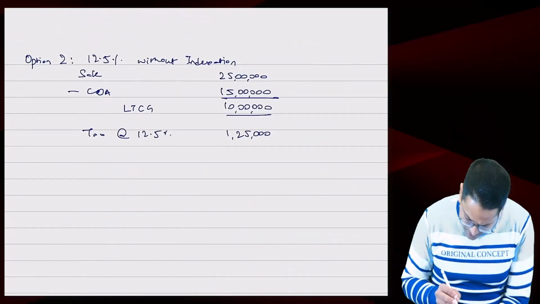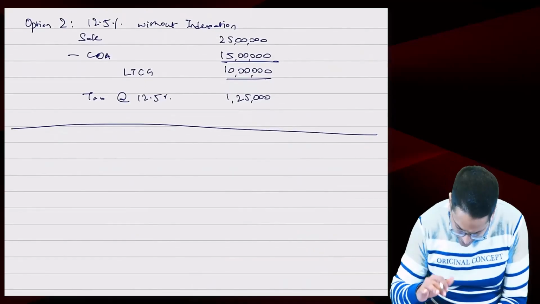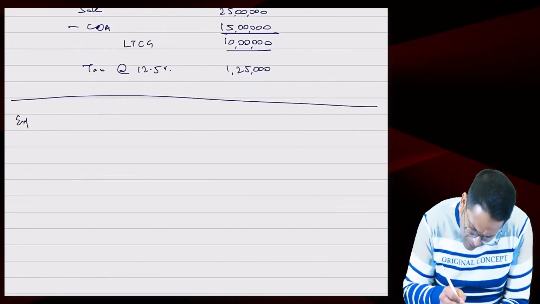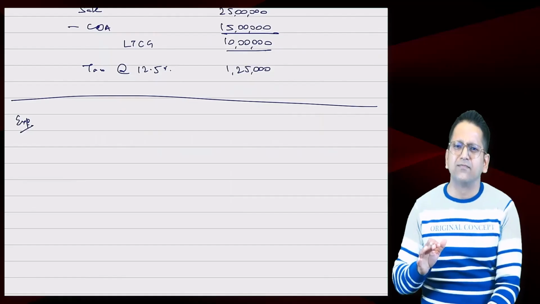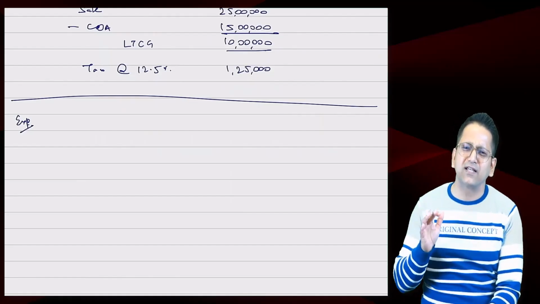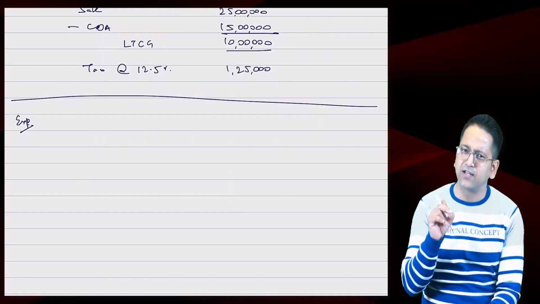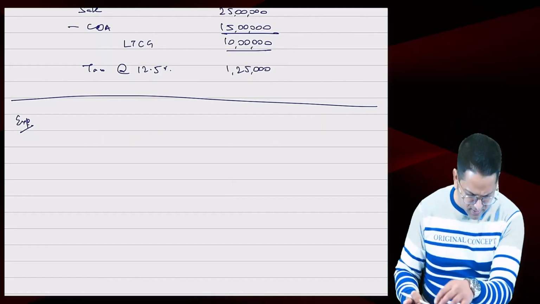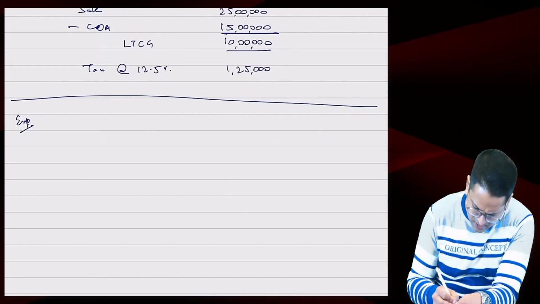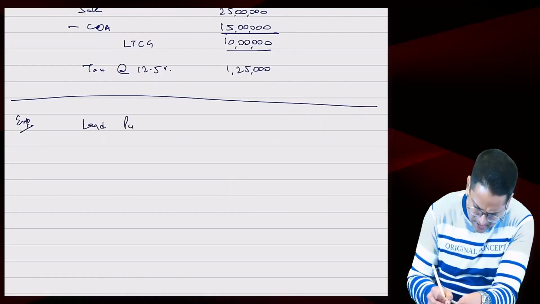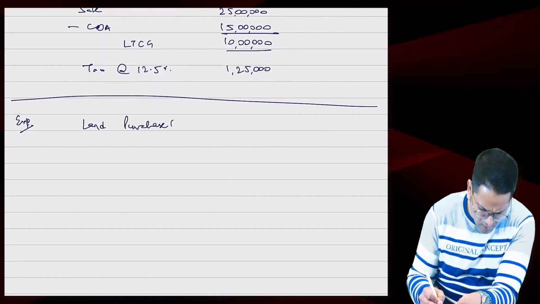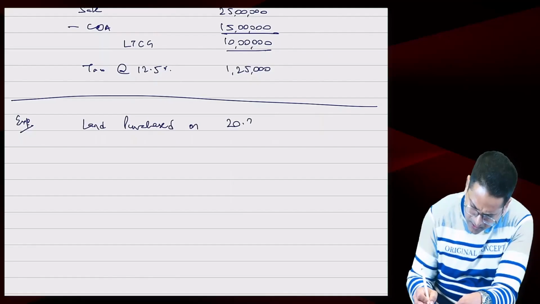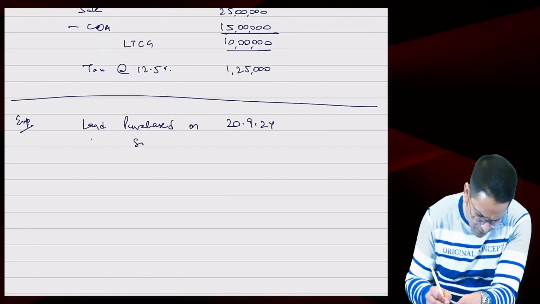Now come on, let me show you another example. Now you can do any question you want, I know. I don't need to do 10, 20, 25, 50. Just target that one in which everything is finished in one go. Okay, then just tell me: the land is purchased on 29/24 and it is sold on 25/10/26.